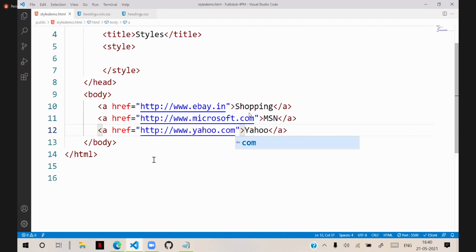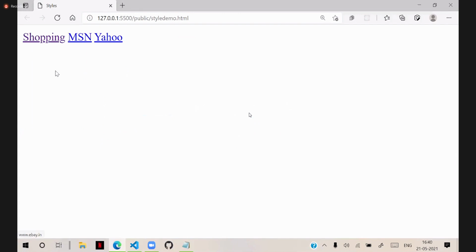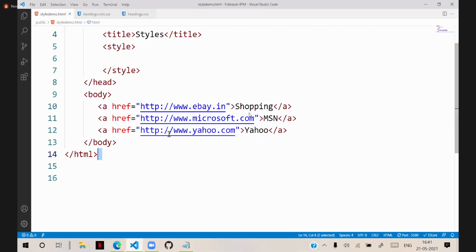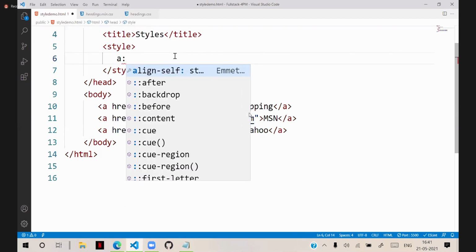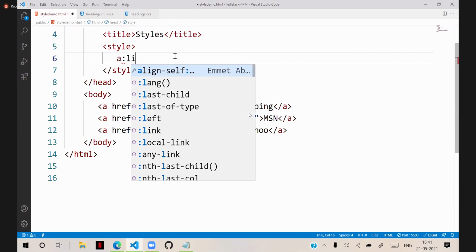And you see, when we run this, these links appear this way. You know that generally the visited link colors are different, and ordinary link colors are different. So you can change the colors now. For anchor, we have colon link.